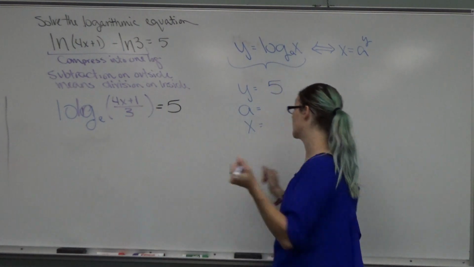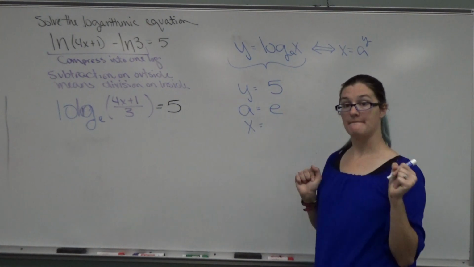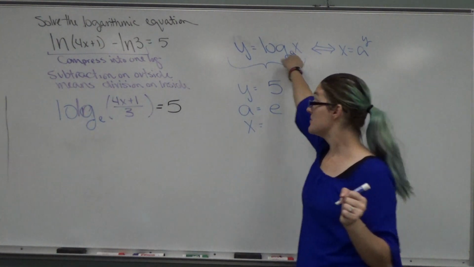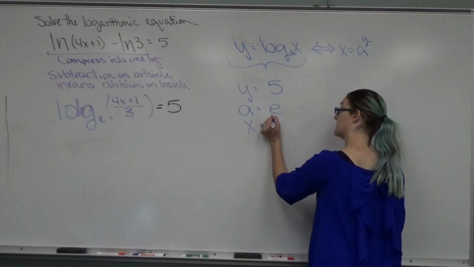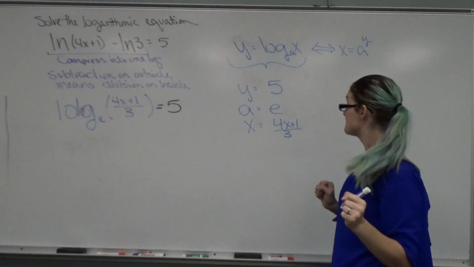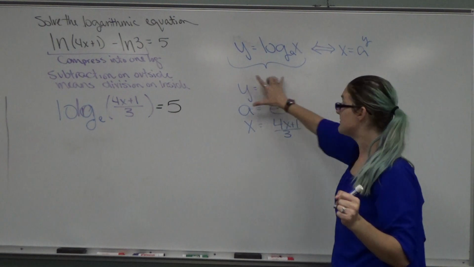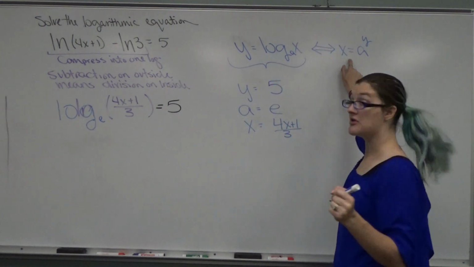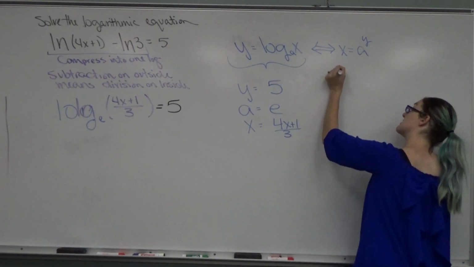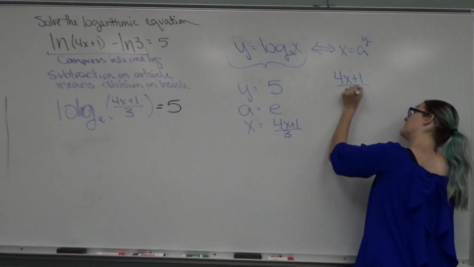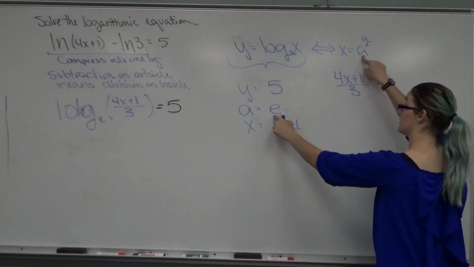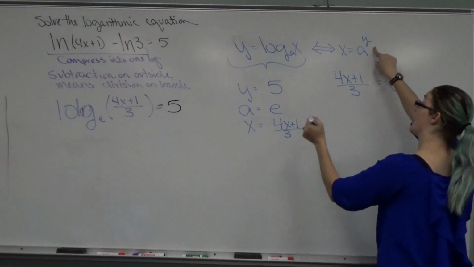Well, here I have ln, or log base e. And my x, that's my inside. So my inside here is 4x plus 1 divided by 3. And what we're going to do is we're going to take this information and we're going to rewrite it in this form. So x, that's 4x plus 1 divided by 3, equals a, that's an e, to the power of